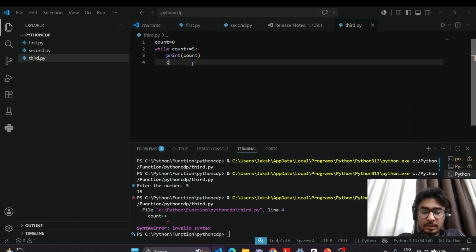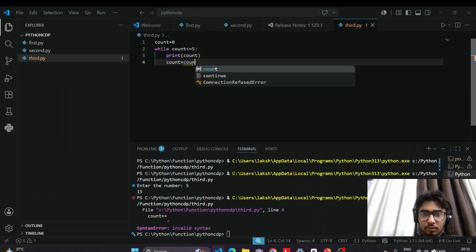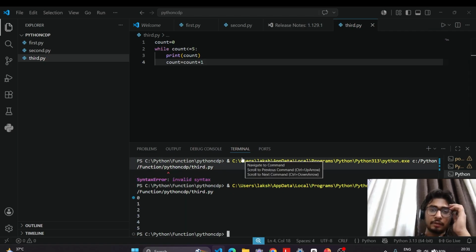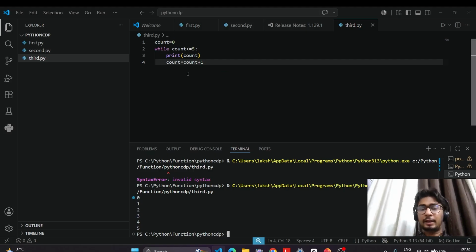ठीक है, इसमें काउंट प्लस प्लस काम नहीं है। काउंट इक्वल टू काउंट प्लस 1। सॉरी, मुझे सी लैंग्वेज का याद था तो तभी। तो इसमें वाइल लूप कब तक चलेगा? जब तक काउंट की वैल्यू 0 से 5 तक चलेगी, मीन्स जब तक काउंट की वैल्यू लेस देन इक्वल टू 5 होगी तब तक ये वाइल लूप वर्क करेगा। तो इसमें हमें एक कंडीशन गिवन है कब तक लूप चलेगा, लेकिन फॉर लूप के केस में हमको आइटरेशन गिवन थी यहाँ से लेके यहाँ तक, उसमें वैल्यू फिक्स थी। बट इसमें कोई भी वैल्यू फिक्स नहीं होगी, इसमें हमें कंडीशन गिवन होगी।